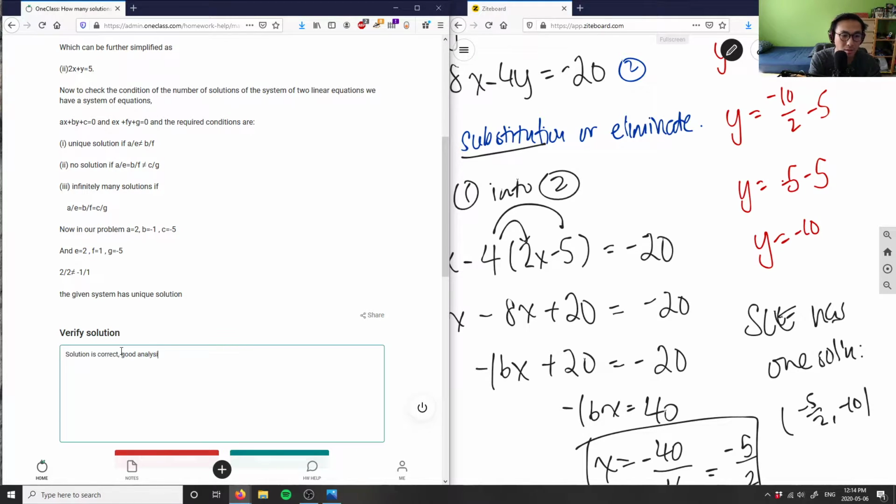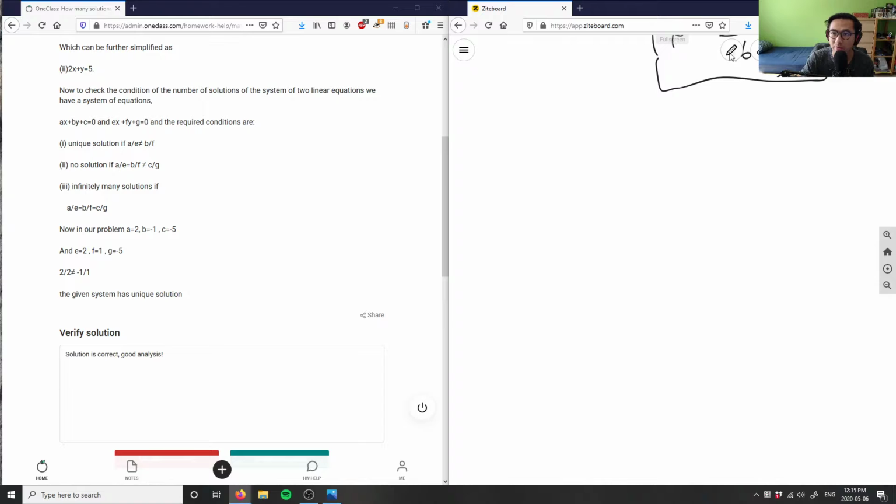Good analysis here. And basically it's a topic where you can think of this as a grade 10 problem where we're talking about the point of intersection between two linear lines, or you can think about this as a linear algebra problem when we're talking about systems of linear equations. We could rewrite this as a 2x2 matrix and then solve for the matrix to determine whether it has indeed one solution, no solutions, or an infinite amount of solutions. Again, depending on what this means here, if I show you visually,